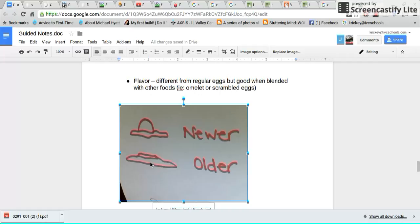So just make sure you understand it's at the time of packaging. Now, that appearance is important if we're making a fried, what you guys often call sunny side up, or poached egg, or even a hard cooked, because you want it to look like this. And in hard cooked, you don't want to have a great big air pocket in it and lose a lot